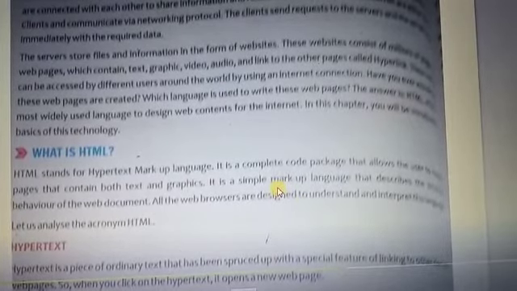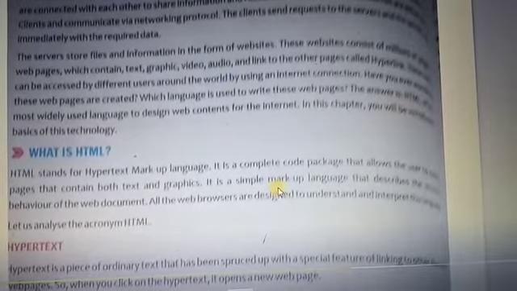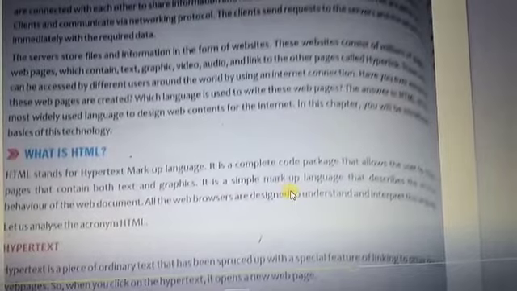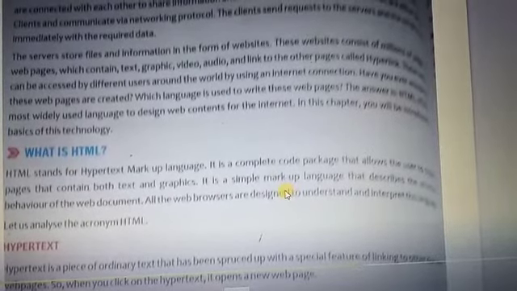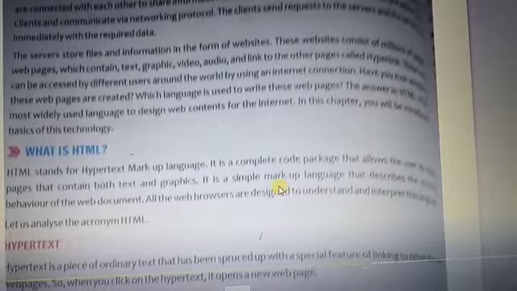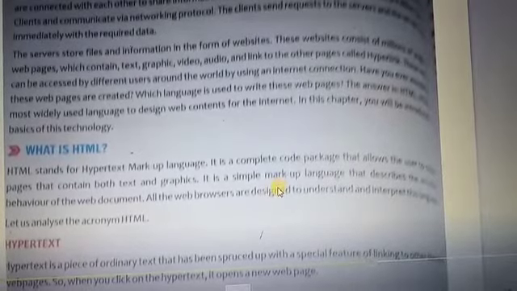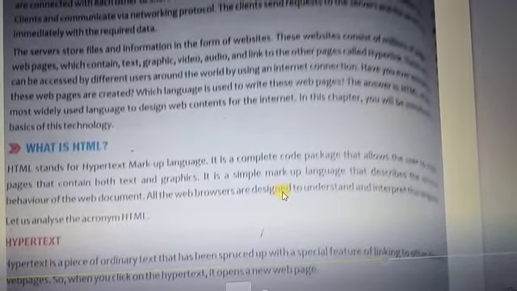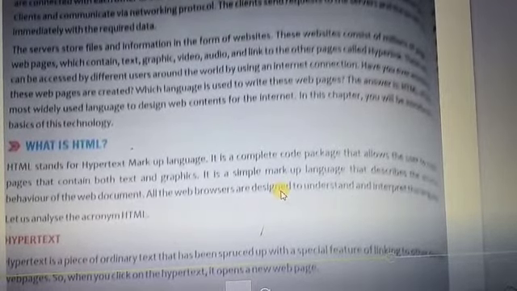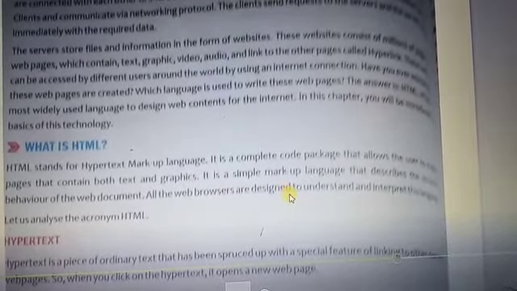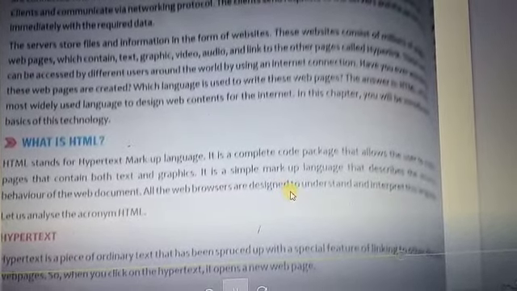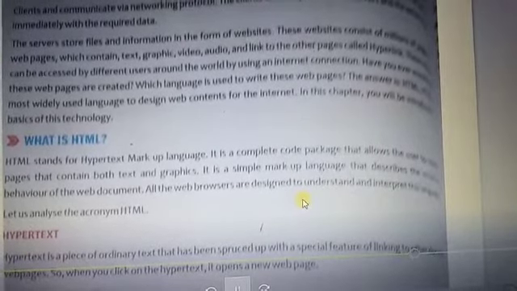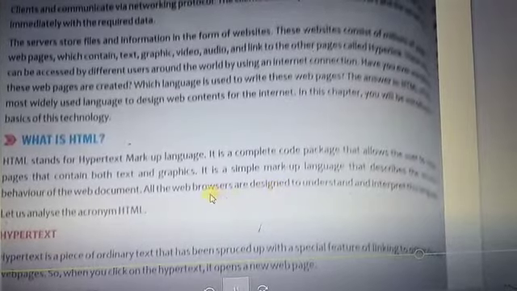Static web pages are those whose information is not changed frequently. These kinds of information are completely designed with HTML. But dynamic web pages have information that changes frequently, where HTML is the core element, but languages like ASP and PHP are also used to create a dynamic kind of web page. So here in the topic, what is HTML?